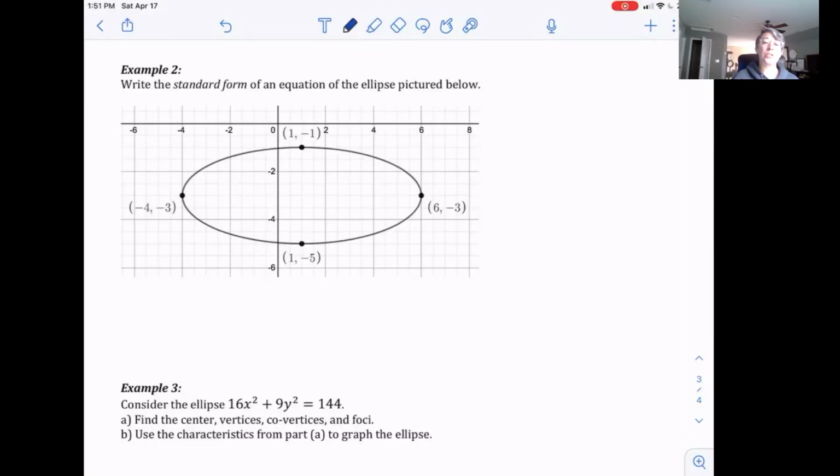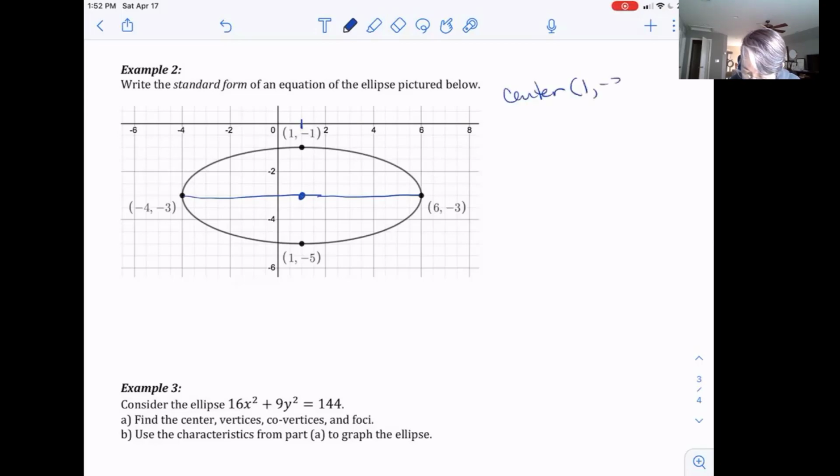Example 2 is asking us to take the graph and find the equation for it. Well, it looks like the ellipse is elongated left to right, so this guy here would be our major axis. So we need to find the center of that. Looks like the distance, we're going from -4 to 6, so that's a total of 10 units. So if I go 5 units here in the middle, I end up at 1. So that looks like we have a center